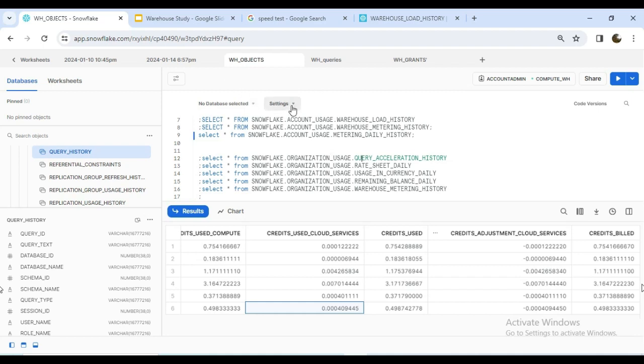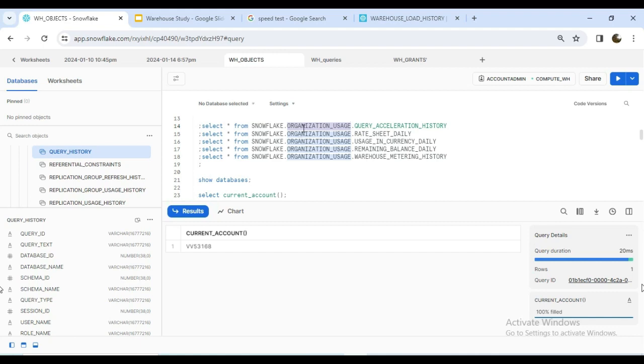But account usage is particular only to this account. As we know, one organization can contain many accounts. If you have separate accounts for non-production, production, and maybe one for data replication, and you want to see how much compute is being utilized by all these accounts, that time the organization usage schema will be helpful. And to talk about the query acceleration history,